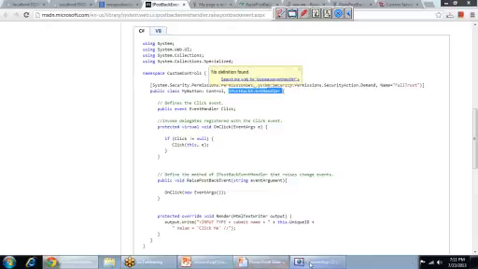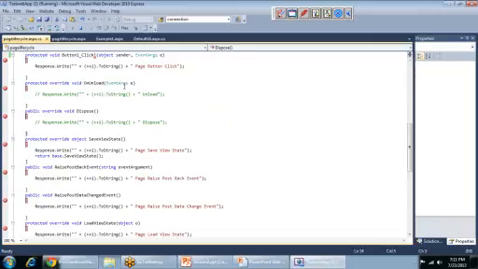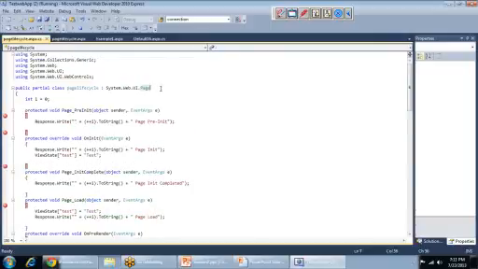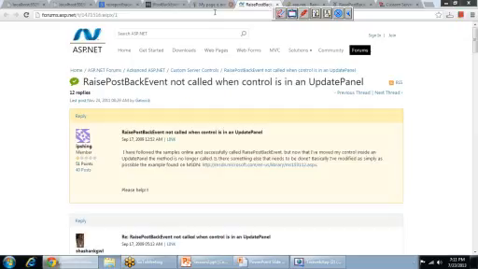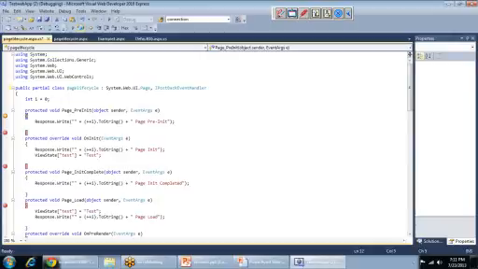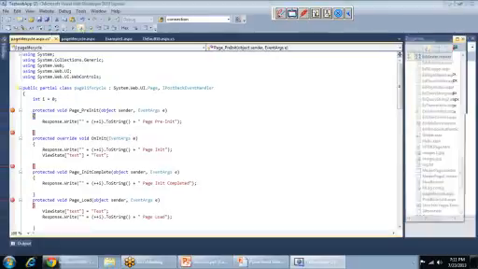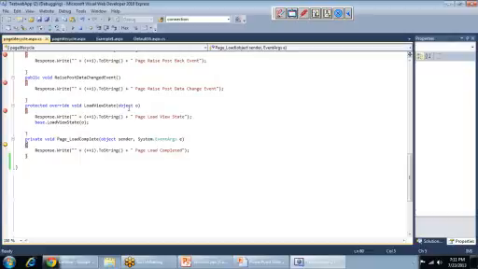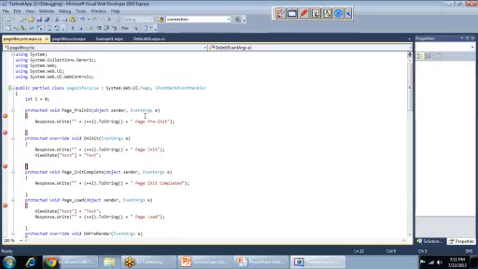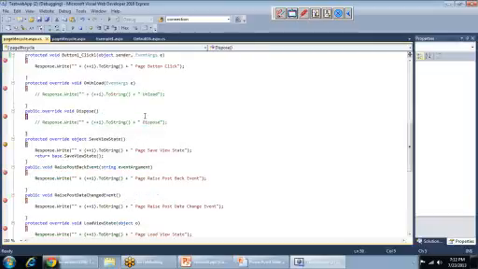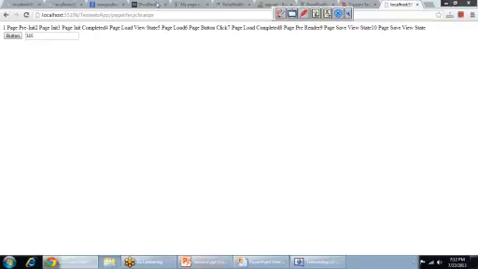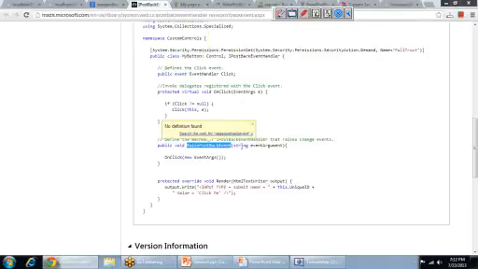Maybe this is what I'm doing wrong. Define the method of IPostBackEventHandler, and that raises the change event.